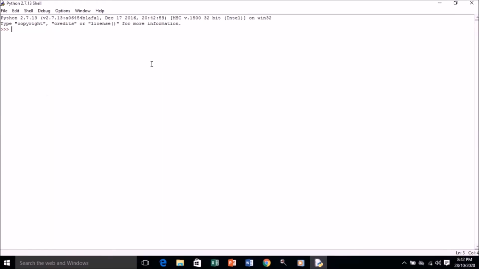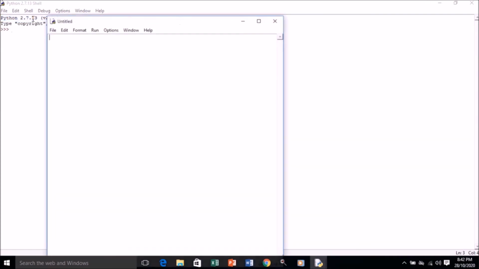So let's understand how to create a program in script mode. For that, we'll simply click on the file option and go for a new file. Here the new file has opened, and here we can type a program and then save the file. So let's type here, I'll be typing print in double quotations, this is my first program. Okay, so let's see here, this has been done.